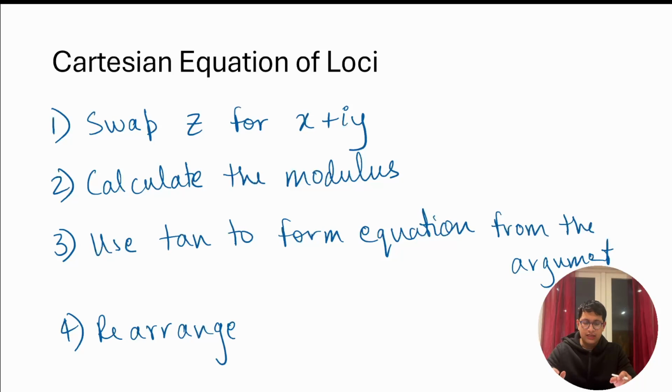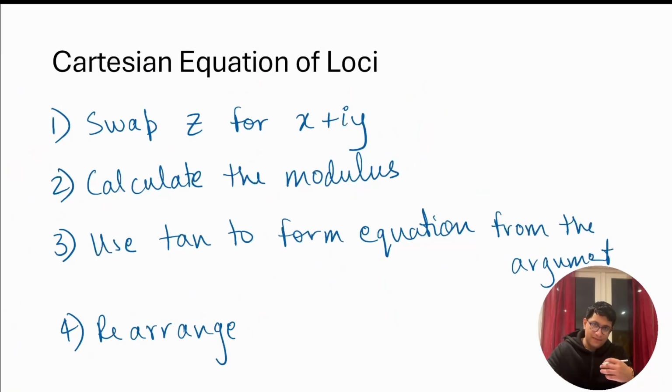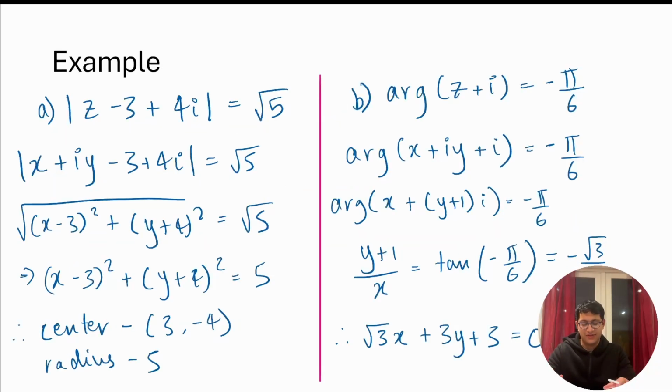Then you swap out x plus iy for z, you calculate the modulus, then you use the inverse tan to work out the argument, and you simply rearrange. It's a lot easier to explain with an example. Let's go through it step by step. So if you were given this equation, this is clearly going to be a circular locus. If you were given this and asked to identify the Cartesian equation of all the loci that this equation will produce,